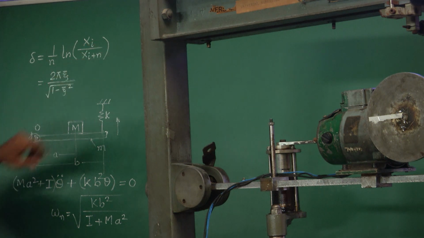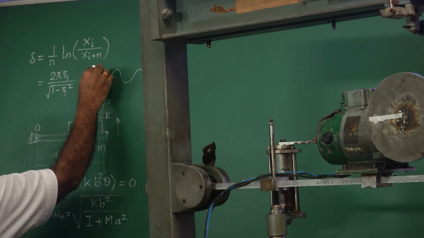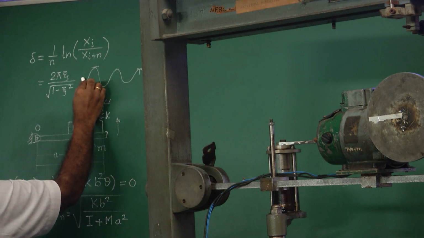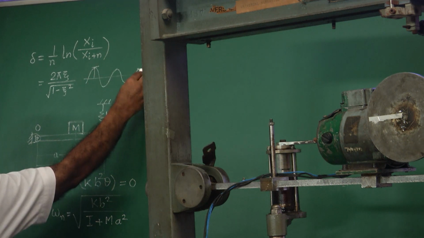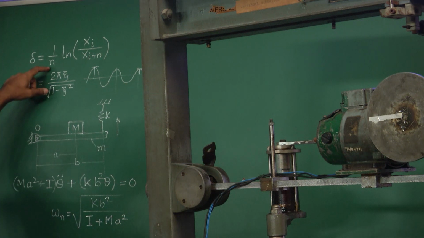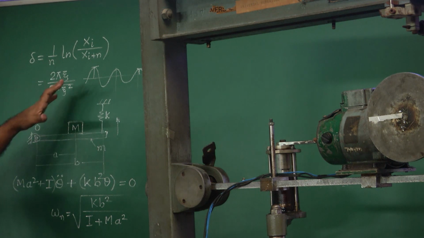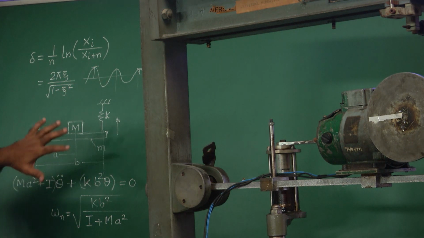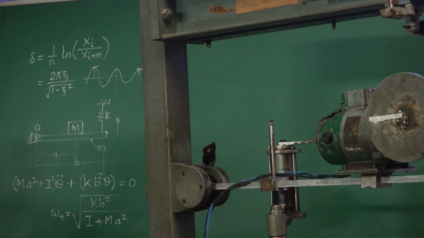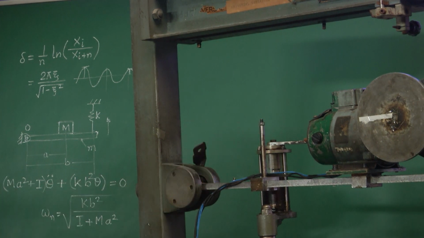Now, from the graph paper which has traced out this time history, you can pick up this amplitude and maybe this amplitude. So, find out how much is this value and how much is this value, and then in that case there being 2 cycles completed, this n is going to be 2. If you want to account for more number of cycles, the error in the measurement can get averaged out, and in that case we get a better estimate of the damping in the system. So, this is what we are expected to do in this experiment, to find out what is the damping existing